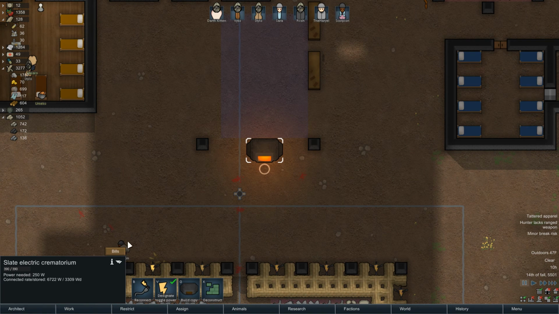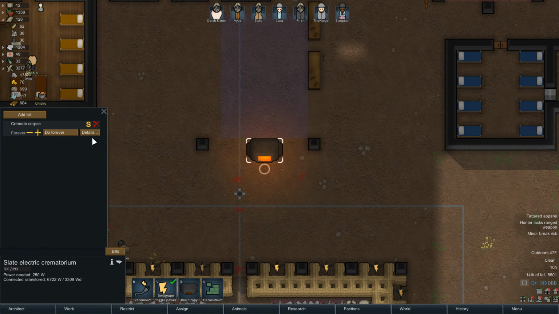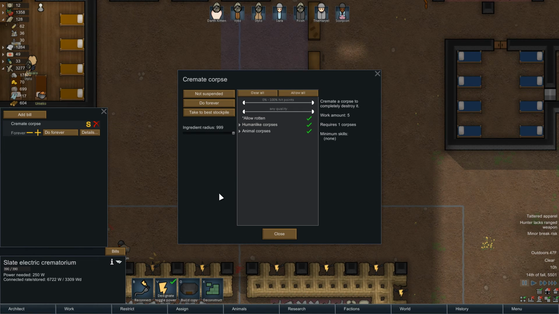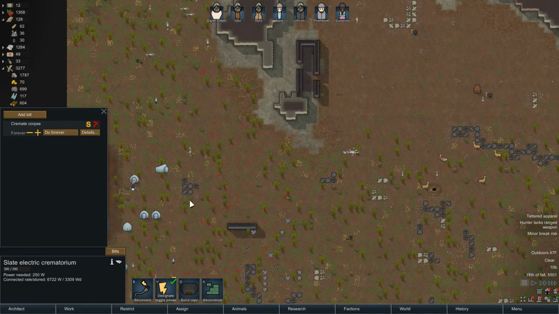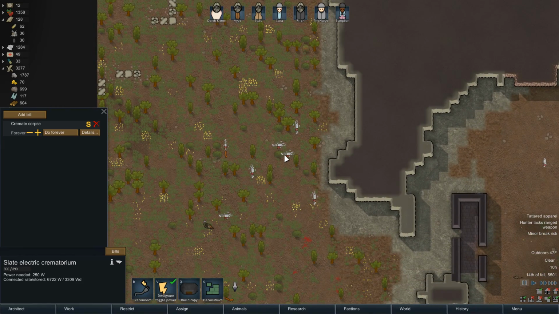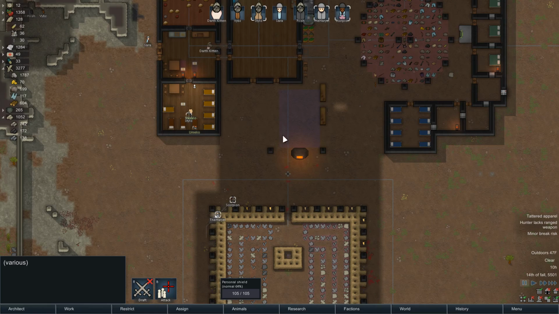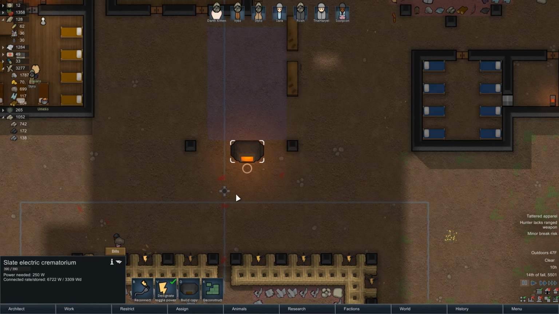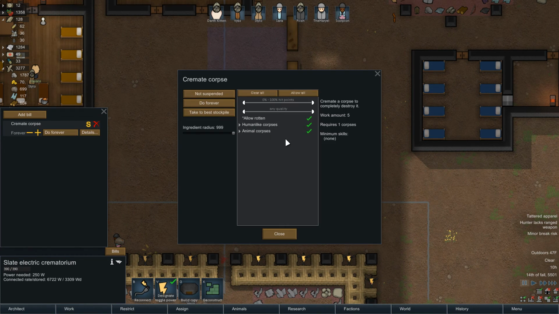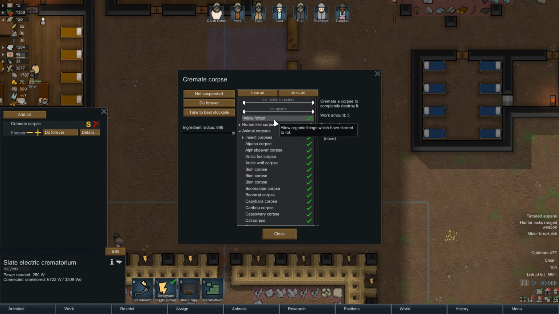Oh yes, one thing, let's make sure I did this. Yeah, one thing I didn't do, and I was an idiot, is I enabled the cremation of animal corpses, because what happened is after that toxic fallout I had a bunch of dead bodies, and you can still see a lot of them. I had a lot of skeletons inside my base, and I just wanted to get rid of them because they're kind of an eyesore. So I did that, but the one thing that sucks with this is you can't make it so that people only cremate rotten corpses. You can make it so they will cremate rotten corpses, but you can't make it so that they only cremate rotten corpses. There's no option for that.